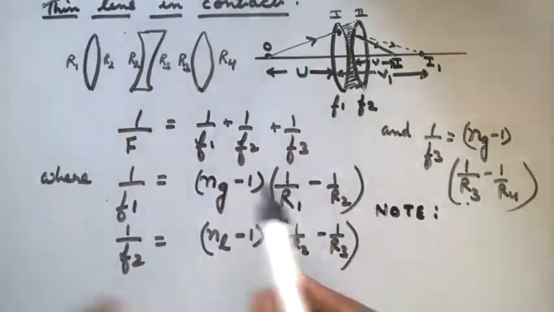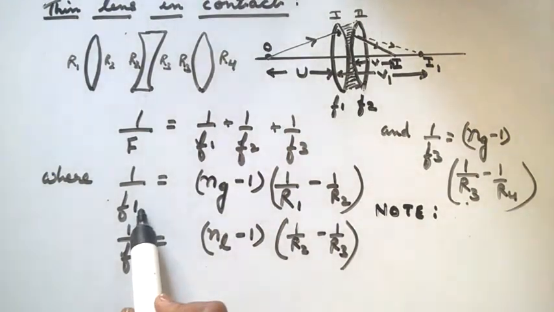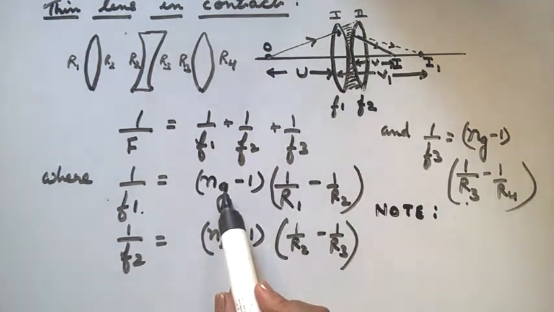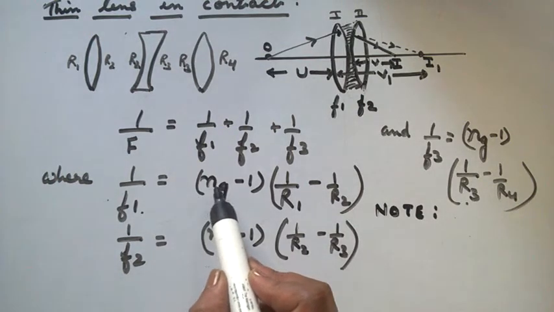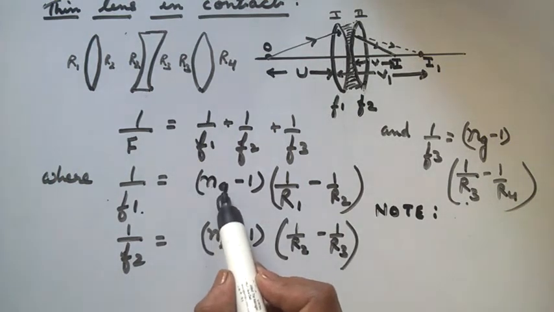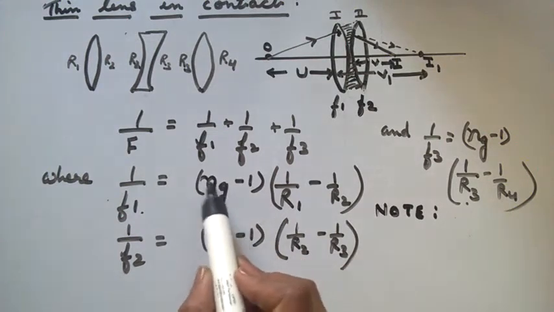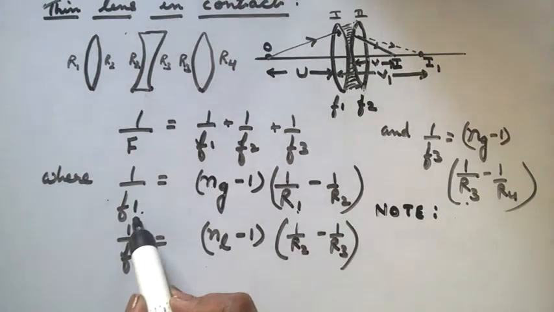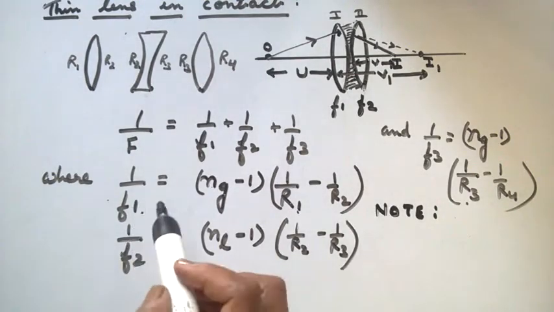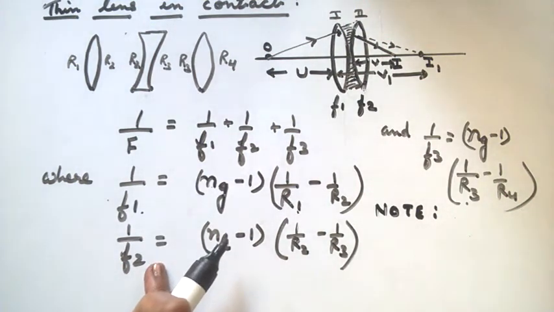Therefore, on applying this in the lens formula, we get the focal length for a convex lens as positive, because here we are taking the lens in air medium, so we are calculating the refractive index of the lens with respect to air. So its refractive index will be more. Here also R1 is more, so the focal length is positive. So focal length is positive for a convex lens and focal length is negative for a concave lens.